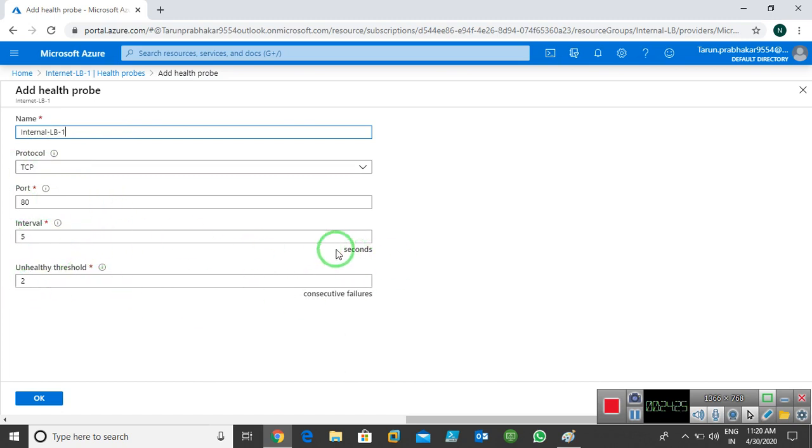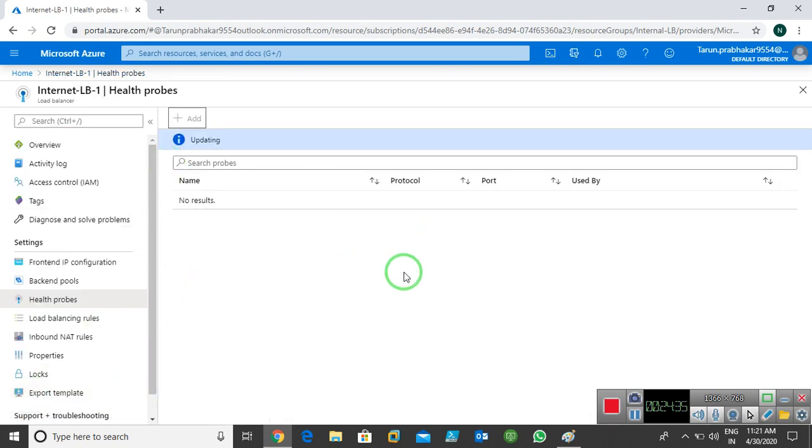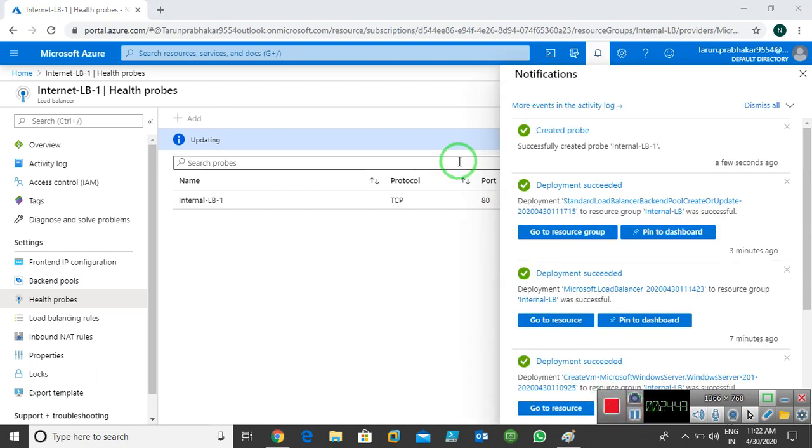We already discussed what 5 seconds and consecutive failures mean when we created the public load balancer. The same thing applies here. Click on OK now. It's updating, creating the health probe. As you can see, the health probe is created now.